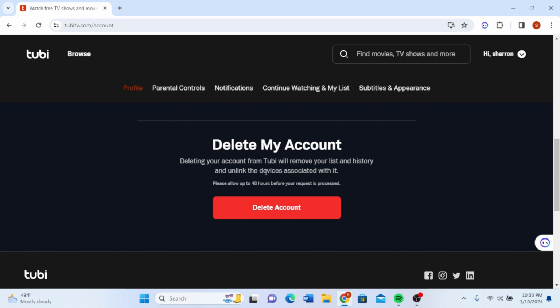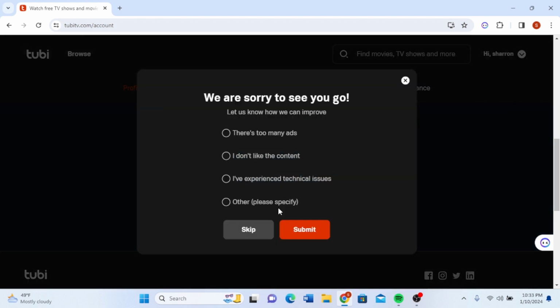And here's this option that says delete my account, and it also says that deleting your account from Tubi TV will remove your list and history and unlink the devices associated with it. So select the option that says delete account, and here would also be some reasons that you can pick, or